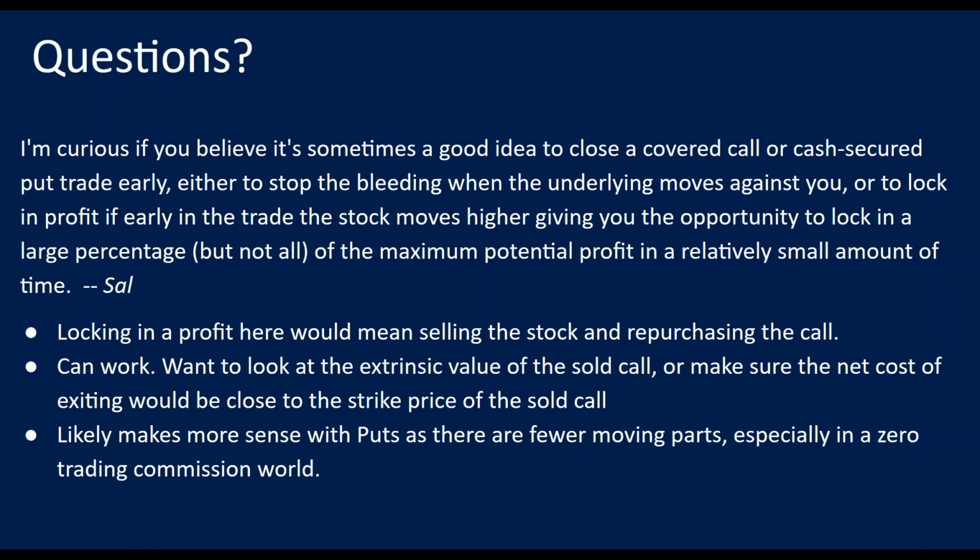What you're going to want to look at is the extrinsic value of the sold call. A covered call works by that extrinsic value, which is basically the time value, going to 0. And so if the stock goes way up and that call gets pretty deep in the money, that will also push the extrinsic value down pretty quickly. So you're going to want to look at that. If it's still pretty high, close to where it was when you sold it, maybe that's not a good call to close. But if that gets low, the other way to check this, if you don't have access to extrinsic value, is to just check the net cost of exiting,